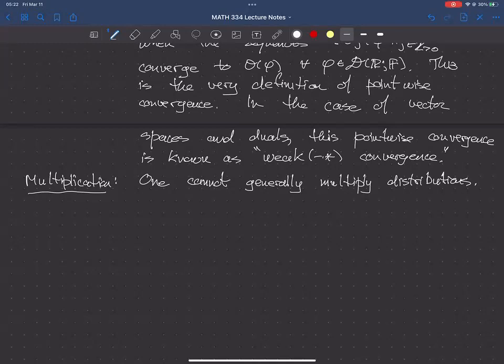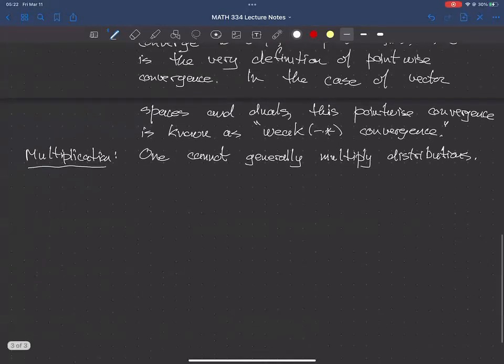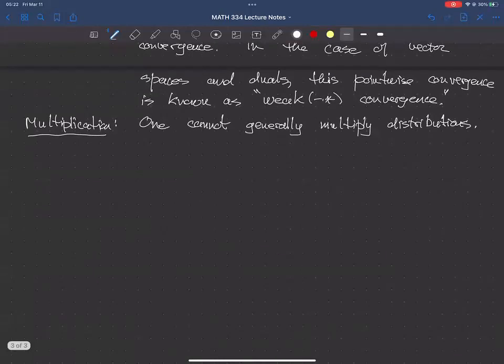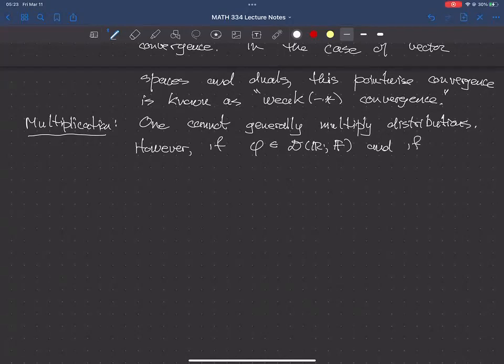And the way to think about getting at this is to think not about the distributions, but about the test signals, the things in D. D is a collection of infinitely differentiable functions with compact support. What kinds of functions can you multiply something in D by and get back something in D? The answer is, if phi is in D, and if f is in C infinity, an arbitrary infinitely differentiable function, not necessarily with compact support,